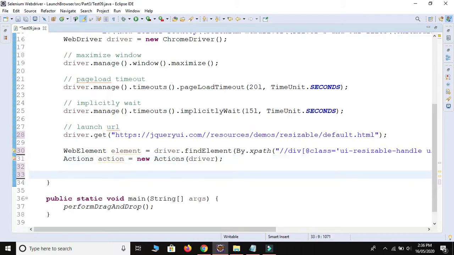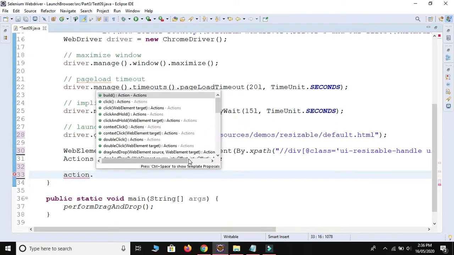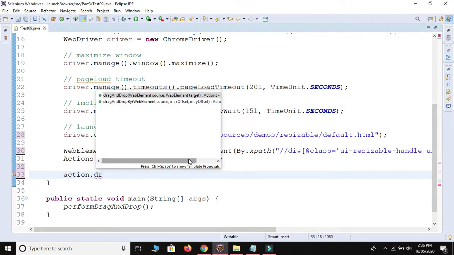Now the method is action.dragAndDropBy. So this time we use only one method, the dragAndDropBy method, not the dragAndDrop method. Okay, we are going to resize.